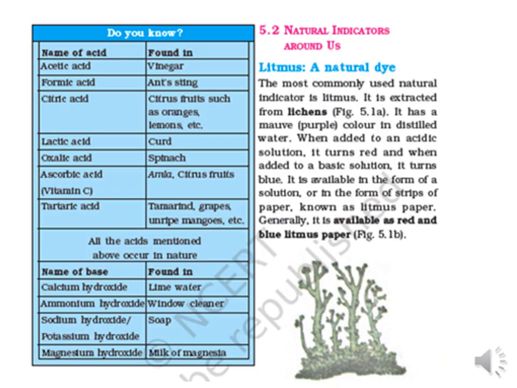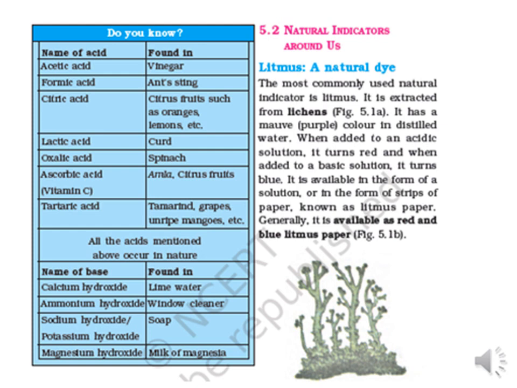Students, here we are seeing one important table. This table is present in your textbook also. In the first column there is a list of some examples of natural acids and natural bases, and these are present in some substances which we use in our daily life. The names of the substances in which those natural acids or bases are present are given on the right side in the second column. One by one we will discuss that.